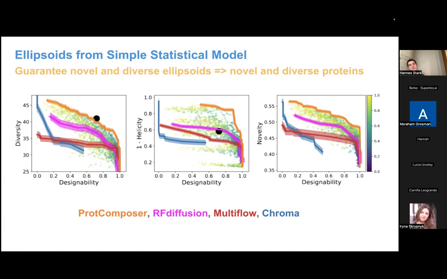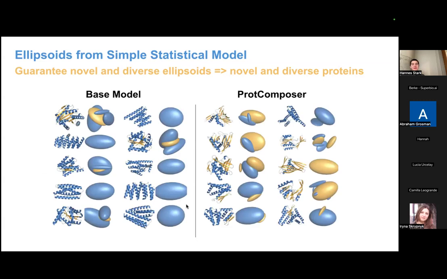This black dot is what some random samples from the PDB achieve. So that's just to point out that designability certainly is not a perfect metric, right? Natural proteins, real functional good proteins, they're not 100% designable. Just to say that. And here we have a little visualization of basically some proteins drawn from the base model